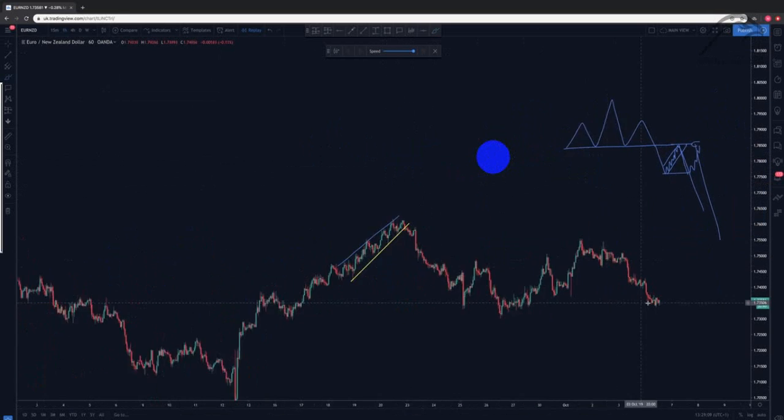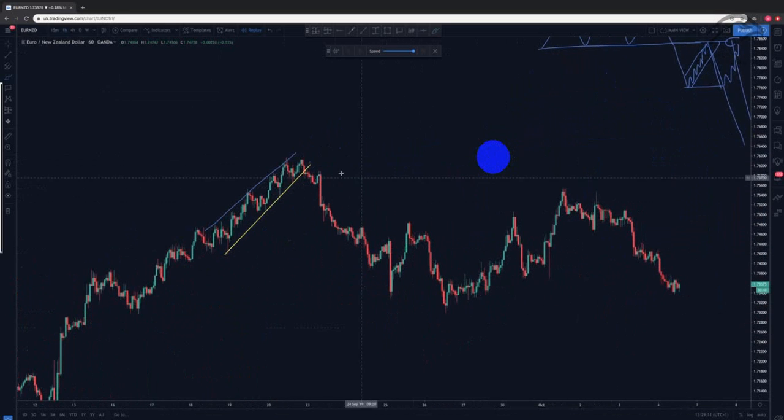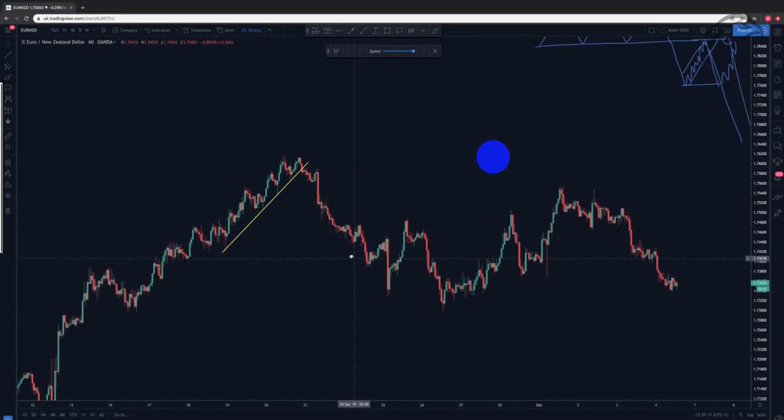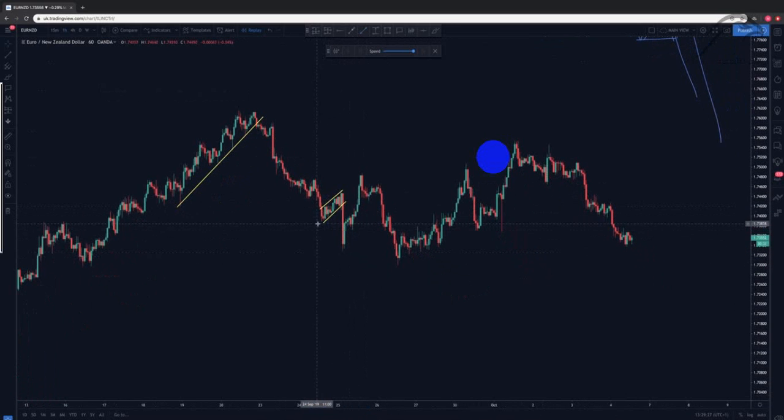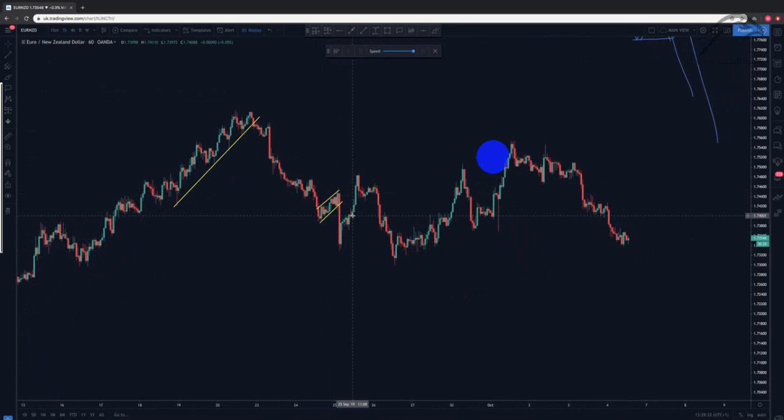Now if we actually take a look at this entry here, after the break of this ascending channel that we had, you have the move down, you have the impulse, and you can see tiny little corrections in here, but this is the first point that you get, right? This is your steep flag. Can you see the difference from the tight flag that you focused on? Look at that. It's much steeper. Yes, it does play out, and you probably would have taken a break even on this one,